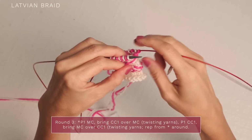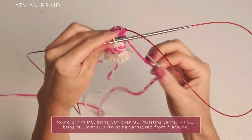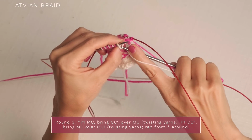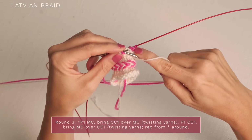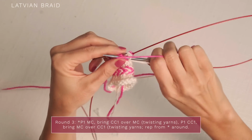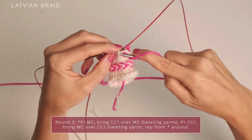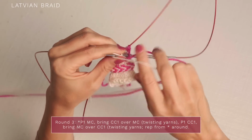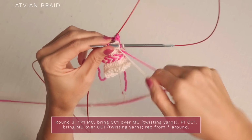Since I'm doing magic loop, I just worked a pink, so now I'm going to work a white. White comes over, purl, and as you work this round, your stitches are going to untwist, which is super cool, so you don't even have to worry about it. Pink comes over, purl, and just continue repeating. White comes over, pink comes over,